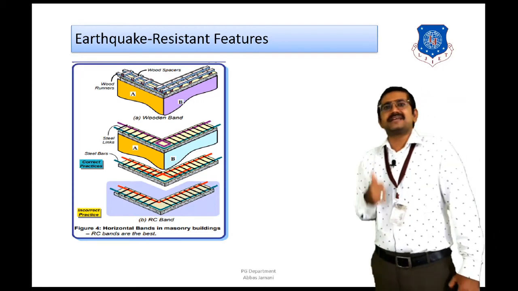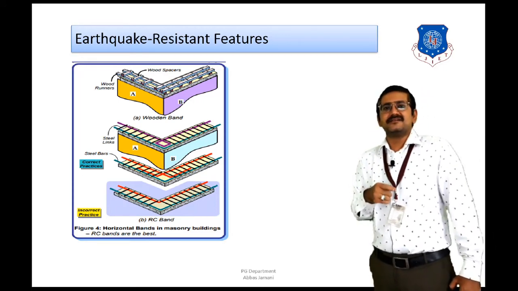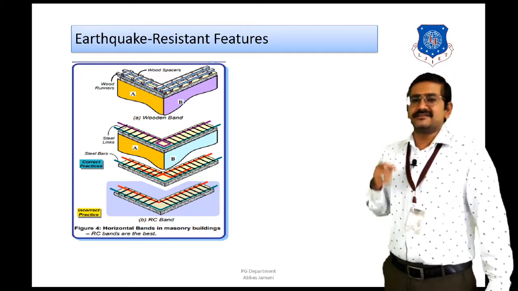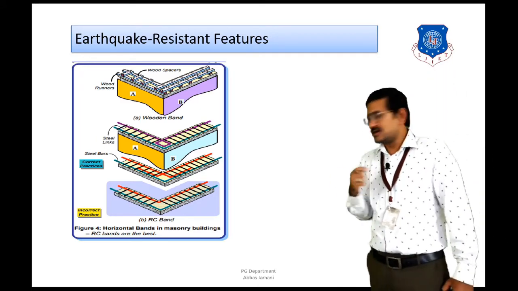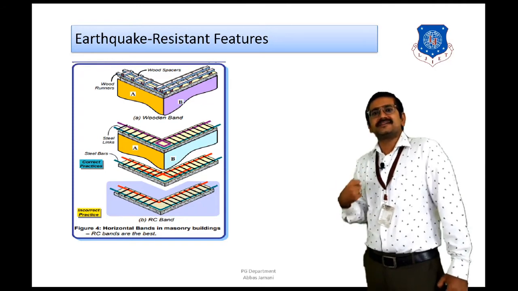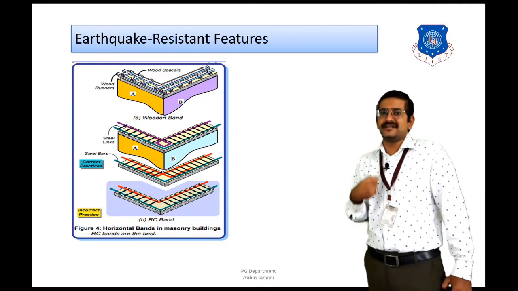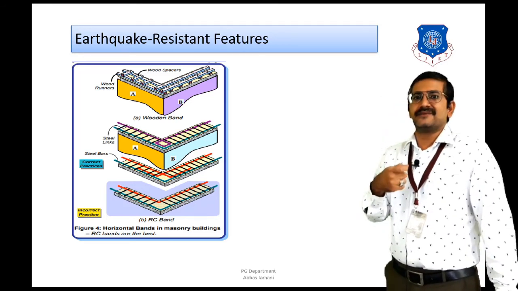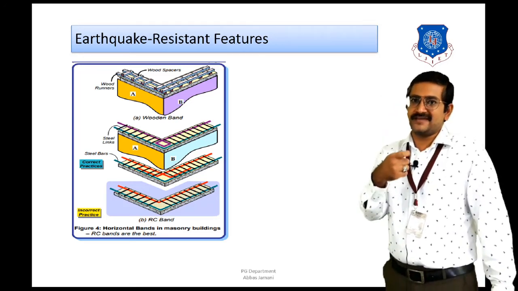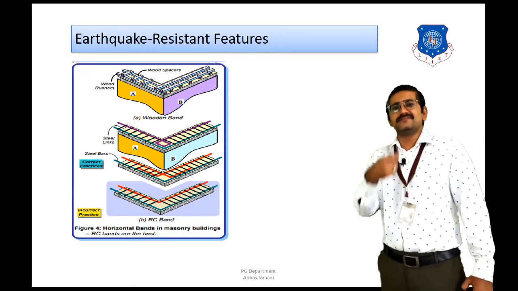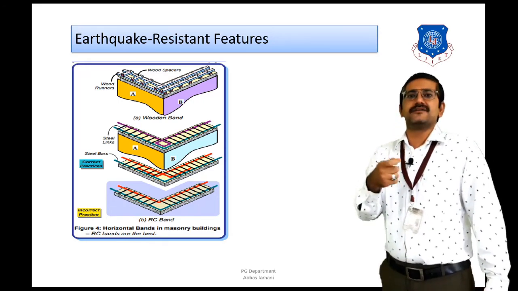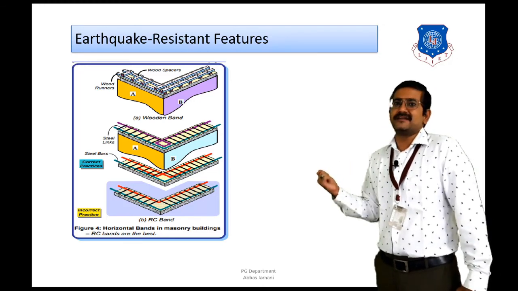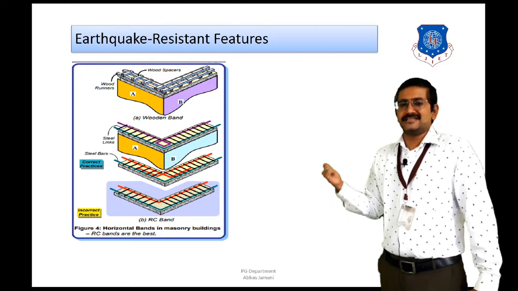However, you can avoid this type of failure in the structure by ensuring the correct method of detailing, and that is the reinforcing bars in both directions should be anchored to the other side of the wall by at least the development length calculated as per the guideline given by IS 456, where the minimum development length starts from 45 times the bar diameter, right? Similarly, depending upon grade of concrete and grade of steel, the development length can be calculated, and according to that development length, the detailing can be adopted on the drawing as well as on the site.